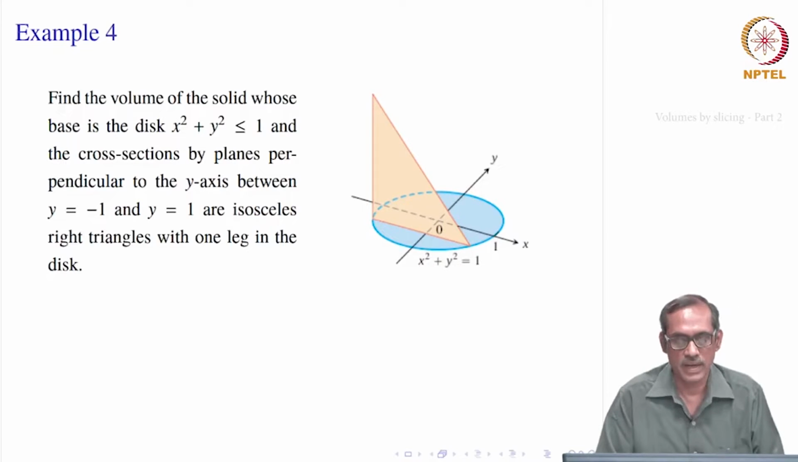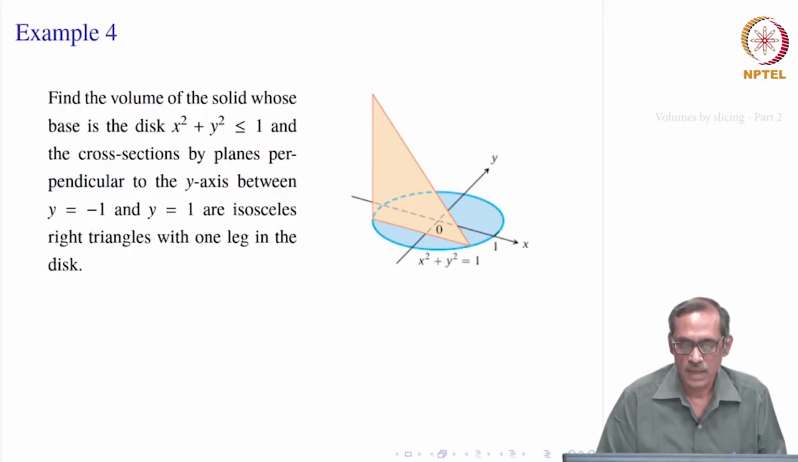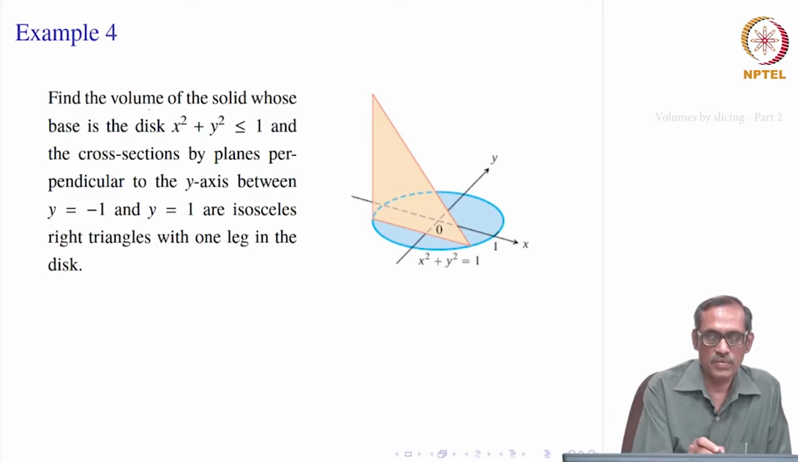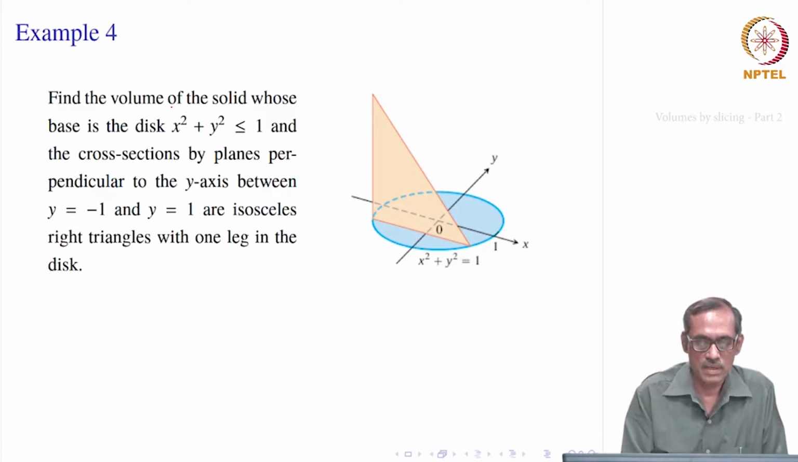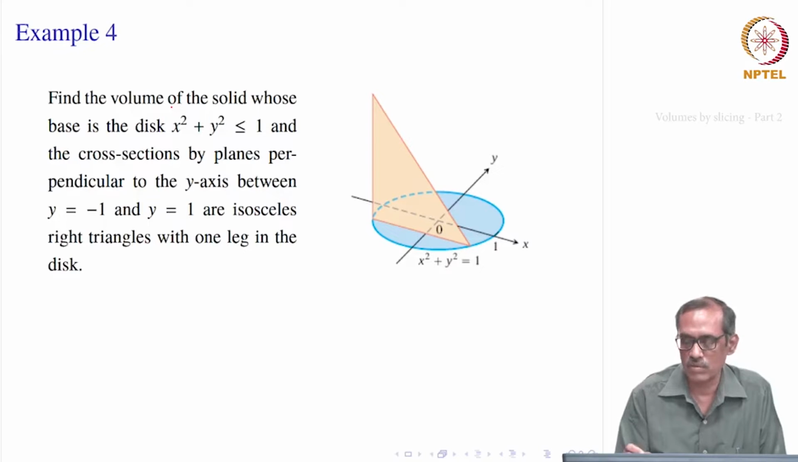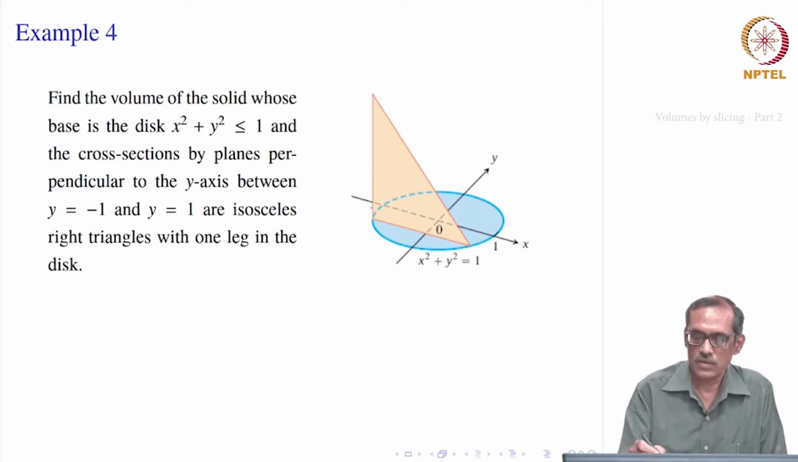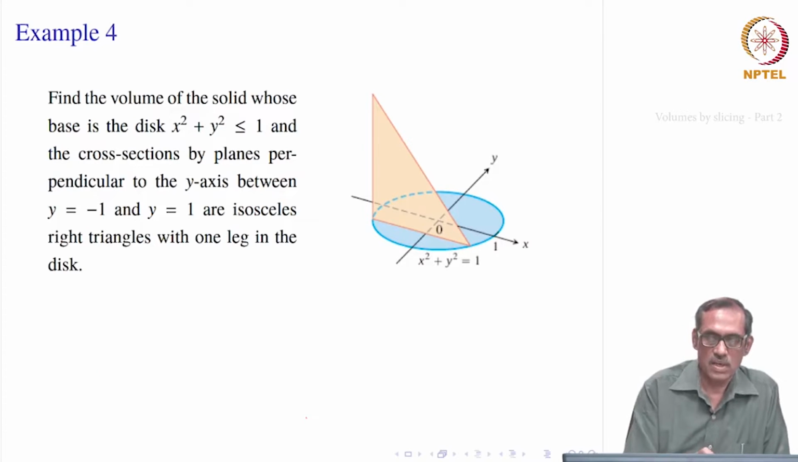Let us take the next example. Here you want to find the volume of a solid whose base is the disk, x square plus y square is less than or equal to 1. That is painted blue here, that is the disk, it is a solid. So, you get the circle along with the points inside it, that is why you call it a disk. So, that is the disk